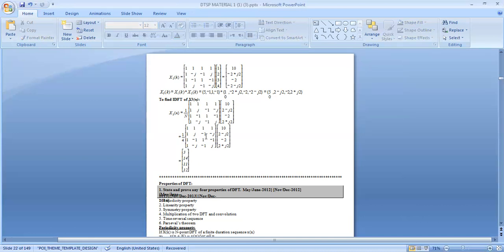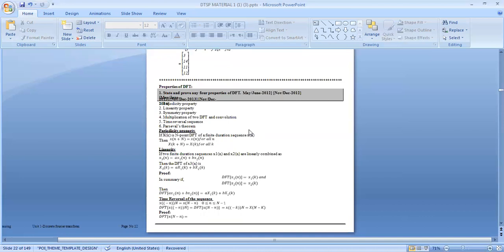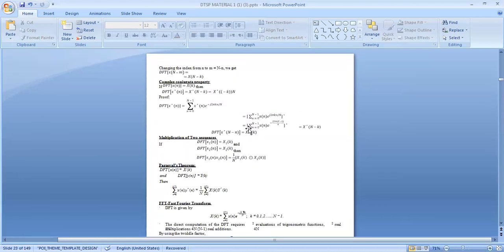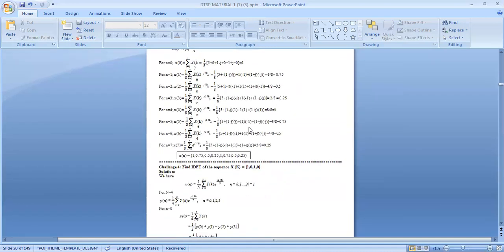Similarly, we will be proceeding for the next column, so we will be getting 14, 11 and 12. So this is the way to find your circular convolution using the DFT method. We have to check the question and what is given. The last thing we have to see is the properties of DFT. This is a repeated question, so we have to know the properties of DFT.